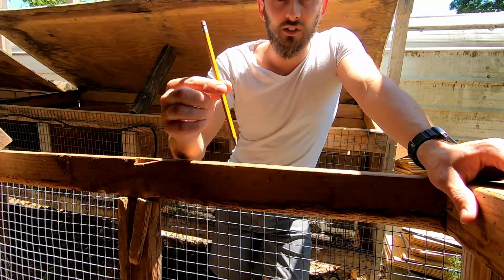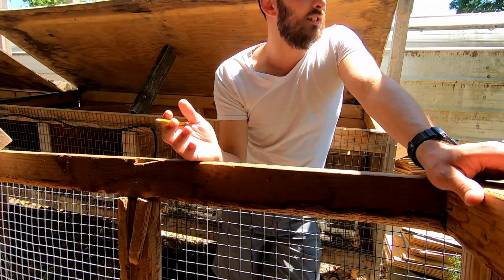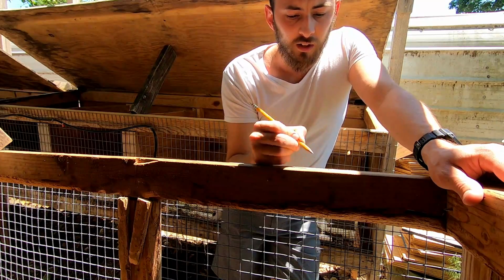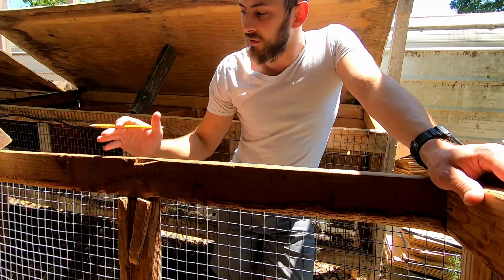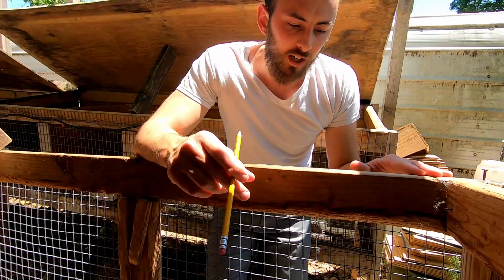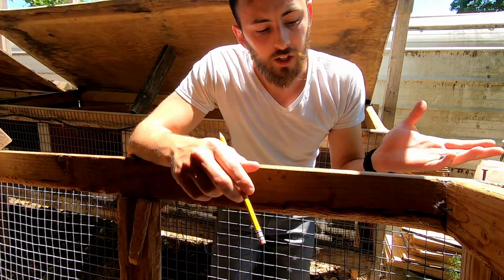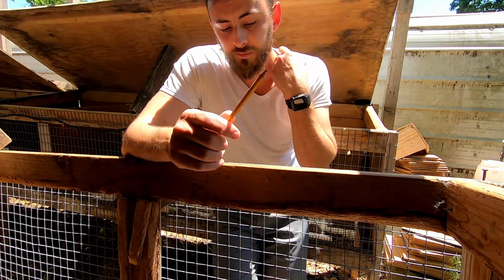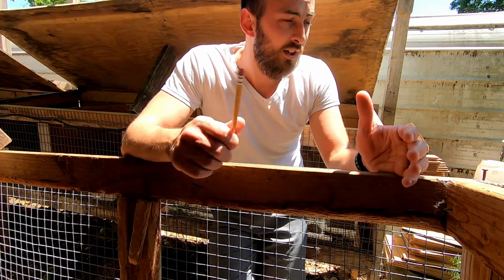So the best thing for me is to just have a little pencil out here, and then I just add 28 days to today. And since it's the 31st, it's going to be real easy. So it's just going to be 6, 28, and then I'll just write 20. And so I just do that, and then I just keep going down, and I can erase it if I fill up. And then right here I've got all the way to a year and a half ago, and like I've only got 6 of them here. And so what I'll do is I can fill it up, I can sand it, whatever,